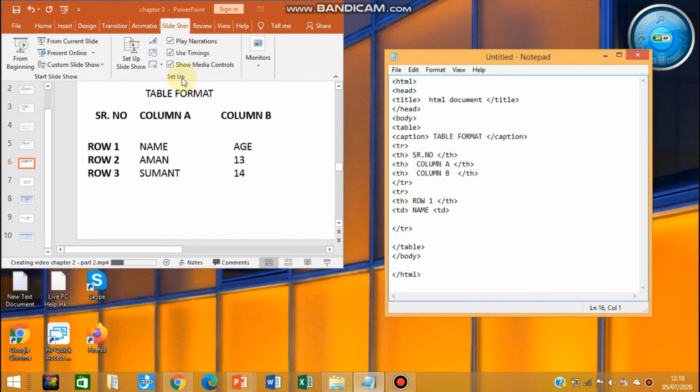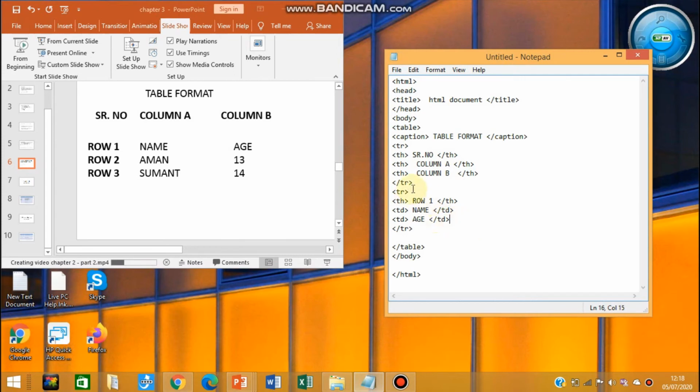The third content of the second row is age. That is also not a heading, it is the data of that cell, so for that also you will use the TD tag. Here I have not added the backslash, so you have to close it by adding the backslash.